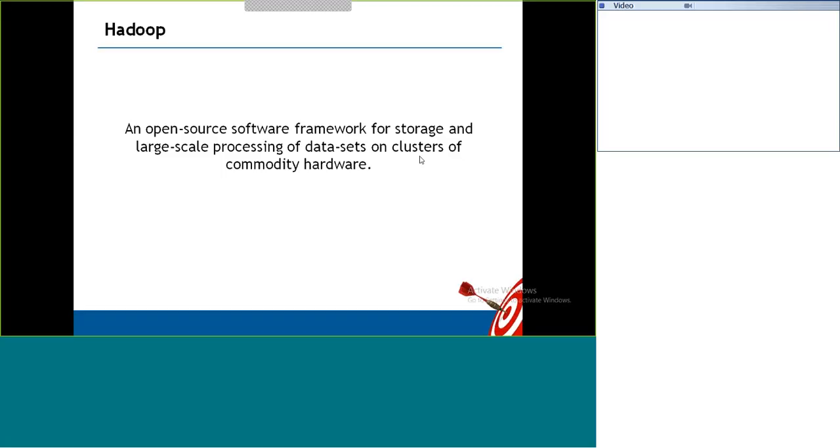There are some master nodes, and how to come up with the design of the master node hardware and then the slave node hardware, we are going to talk about when we cover Hadoop administration. Commodity hardware means cheaper hardware. Any assembled machine can be used as one of the data nodes. Each machine is called a data node in the Hadoop architecture. The master machine is called the name node, and all the slave machines are called data nodes. It is a master-slave architecture.